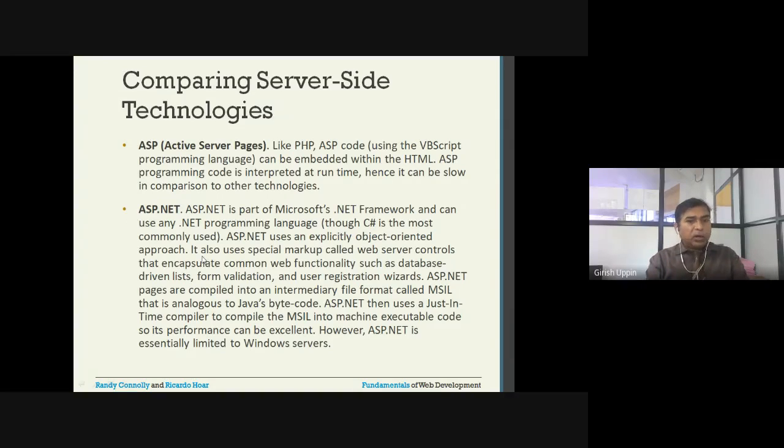Then came ASP.NET. It is part of the .NET framework, and any kind of .NET programming language which is supported on the .NET platform can be used. For example, most commonly used is C#, or Visual Basic is also supported. And this is very similar to Java. In the case of Java, it creates a bytecode, right? Java is platform independent, right? It creates a bytecode, and that particular bytecode can be executed on any